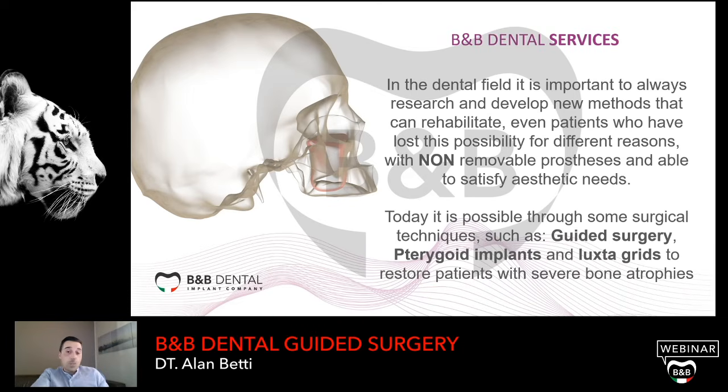So, new services to the doctor. In the dental field it is important, but it is our responsibility to always research and develop new methods that can rehabilitate even patients who have lost this possibility for different reasons, with non-removable prosthesis and able to satisfy aesthetic needs. Because when the